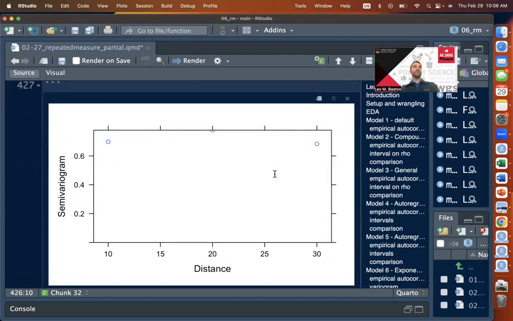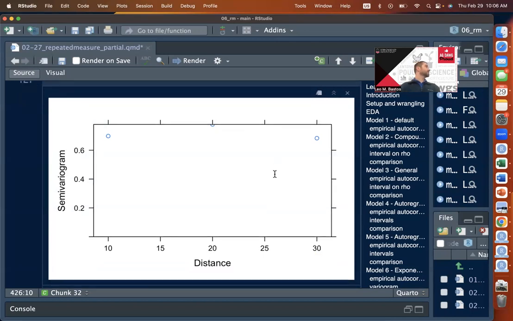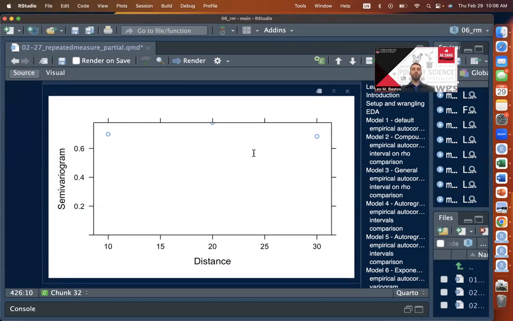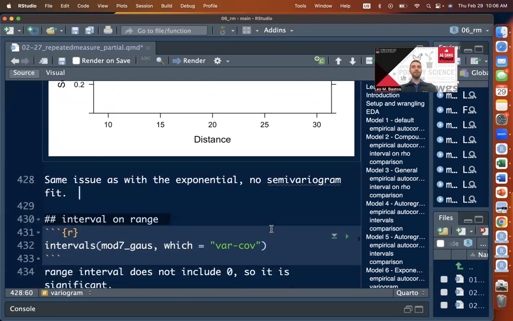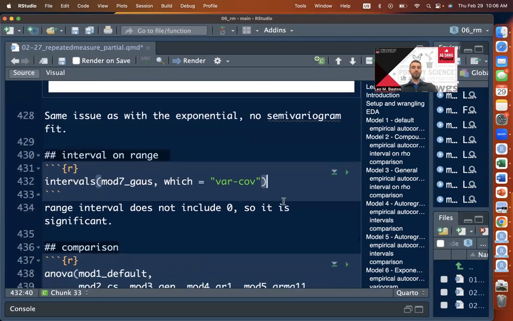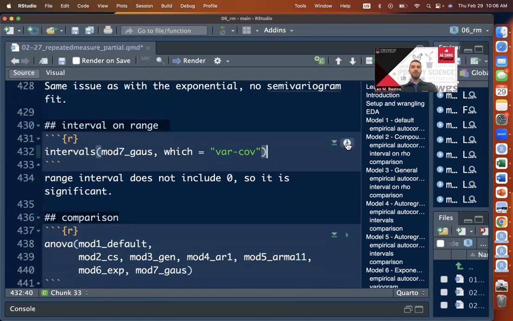Still, we don't see a fit, right? We see our 3 points, we don't see a fit. Again, because this data only has four time points, we're having that issue of actually getting a fit of these points. If you check the intervals,